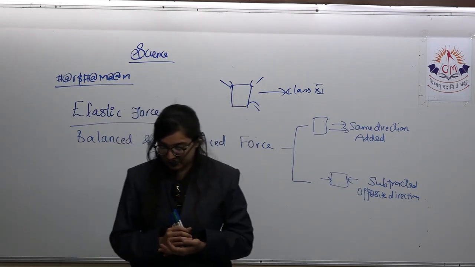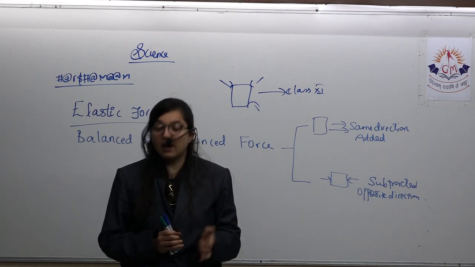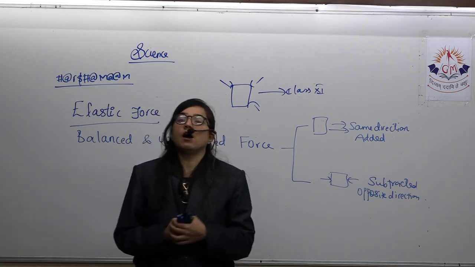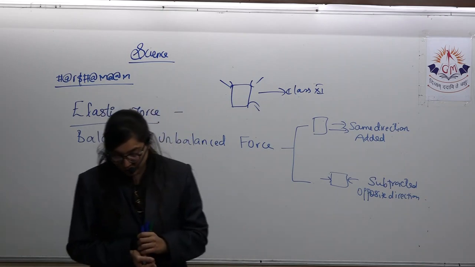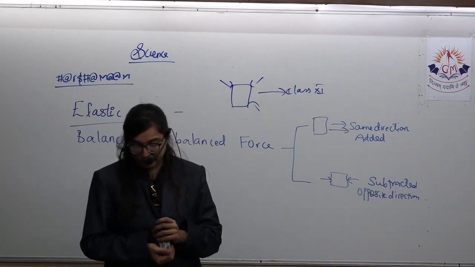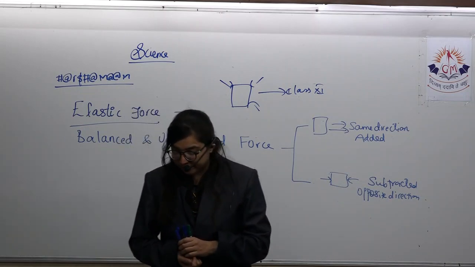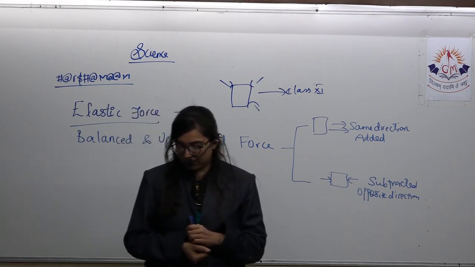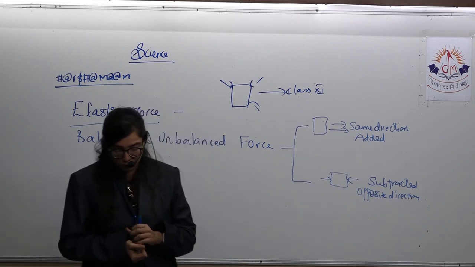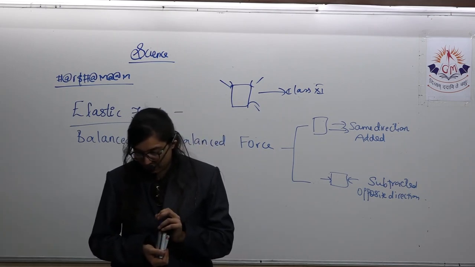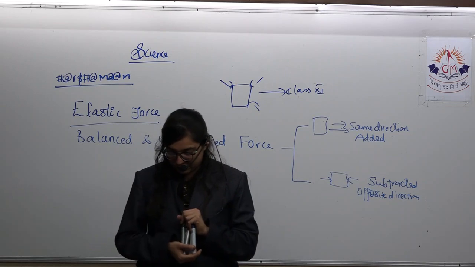Here you have the example: when a ball is rolling, it will stop after some time. Why? Because of the friction of the road. When a child stops pedaling, again the bicycle will come to rest. Next, suppose you are rowing a boat in water. What happens when you stop rowing? When you stop rowing, friction between the water and the boat brings it to a stop in some time.